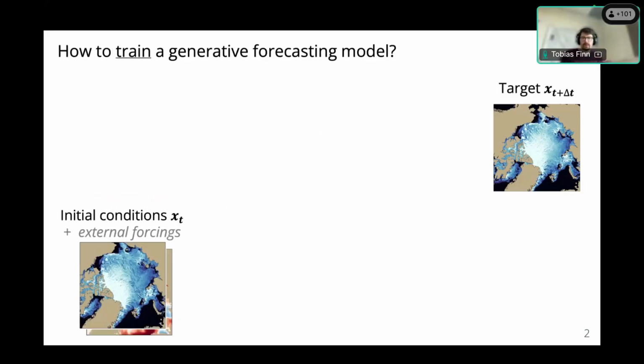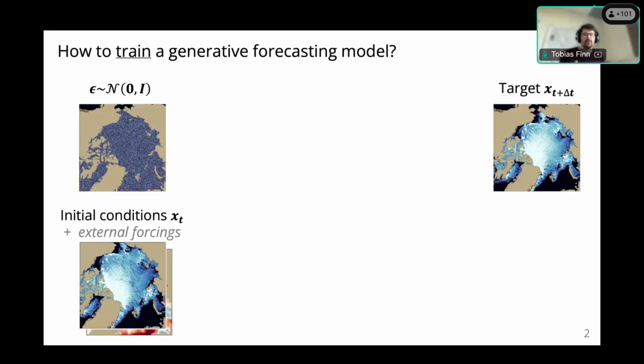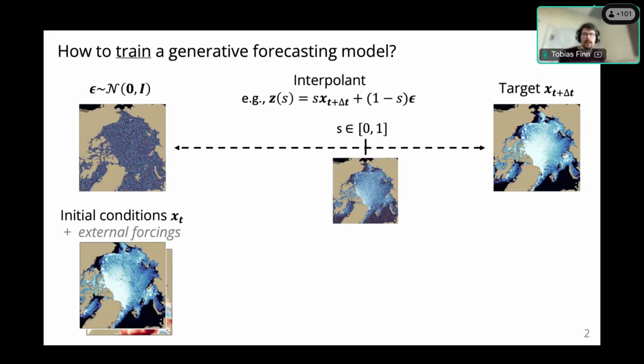What we do during training is we simply draw a random noise field with the same dimensionality as our target data, and then we build a linear interpolant, linearly interpolating between our noise and the target. The nice thing is we can pick any pseudo time step. Pseudo time 0 means pure noise, pseudo time 1 means the target data, and then we can pick any pseudo time step in between and create this linear interpolation.